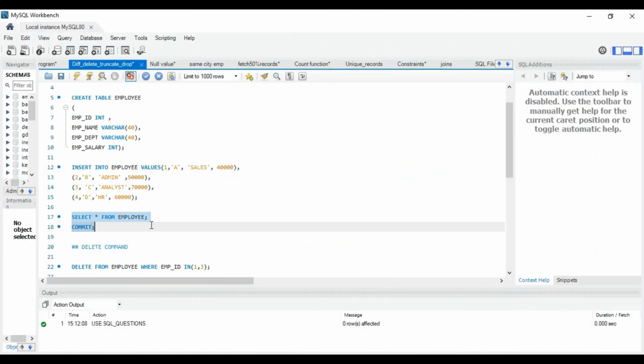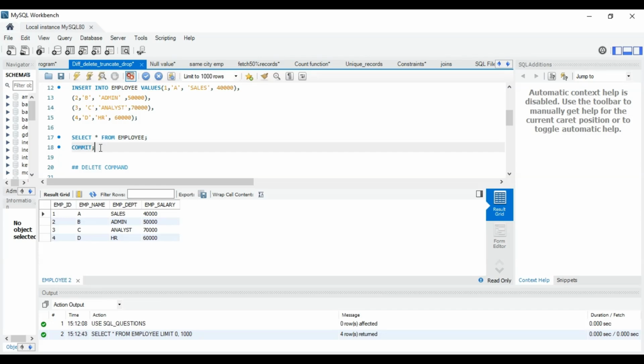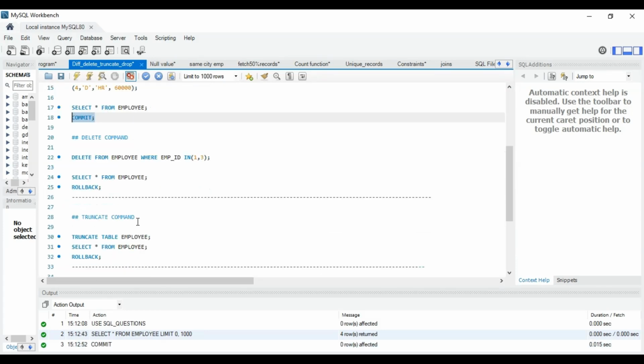Here I have created employee table with 4 records and I'm giving commit command to make these changes in the table permanent. Now we will see delete command. Delete from employee where employee ID in 1, 3. Here we are deleting records whose employee ID is 1 and 3. So let's execute this statement